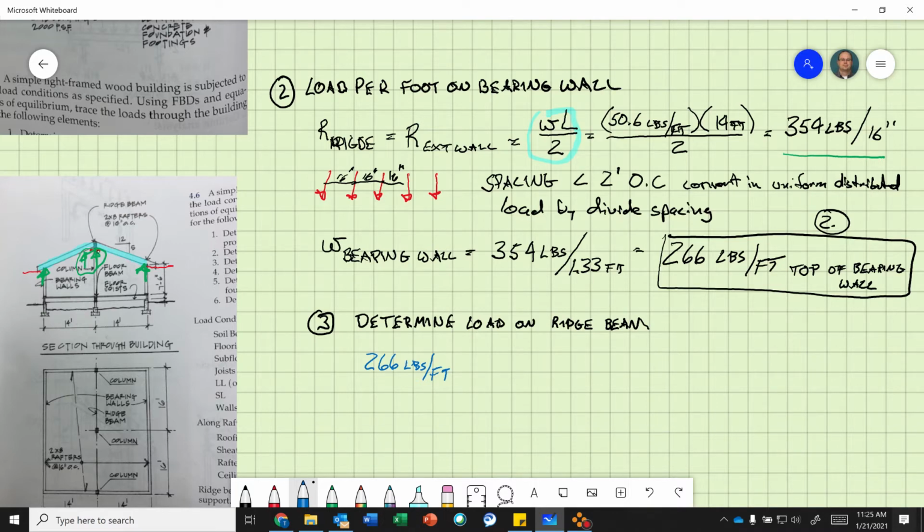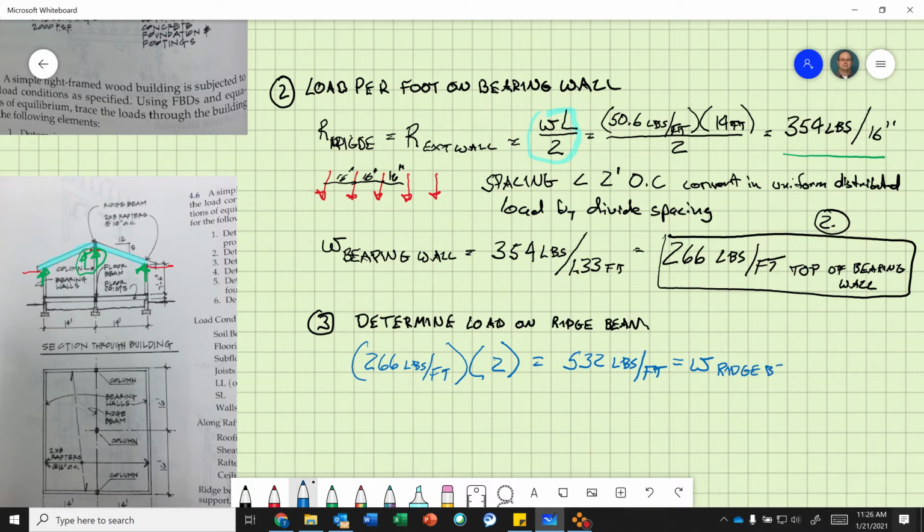Because the reactions are the same on each side. And I multiply that times 2, and then I'll get 532 pounds per foot. Okay, that equals my line load on ridge